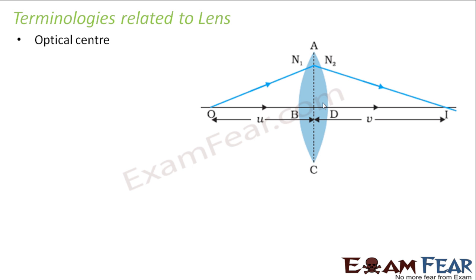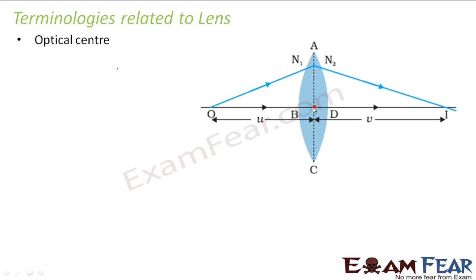First we will talk about the optical center in a lens. What is the optical center? Optical center is the center of this lens. Here we have taken the example of a convex lens. Now biconvex lens is often referred to as a convex lens, that means both the surfaces are convex. Similarly, biconcave lens is often known as concave lens. So throughout the lesson we will be talking about convex lens and concave lens.